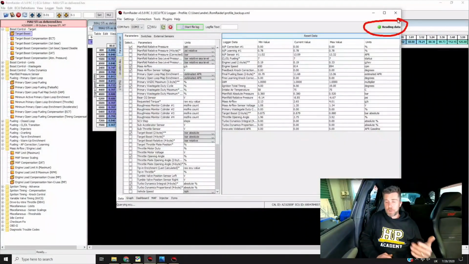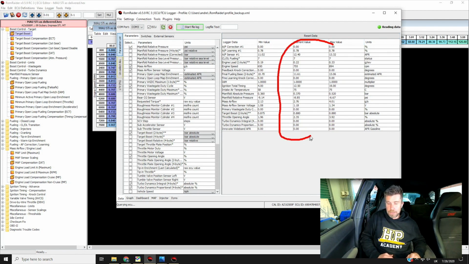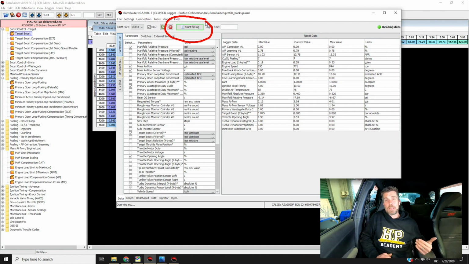Now, at the moment, we are logging, or we're reading the data, so we've got this little green status showing that, and it says reading data. That's useful to have a look at what's going on, and as we're continuing to sit here idling, the numbers are always changing. However, we're not going to actually create a log file out of this. In order to do this, we need to click this little button here which says start log file, and all that's going to do is automatically create a file. We can see whereabouts that's going to go as well, so we know where to retrieve it from later on, and that will generate our log file.